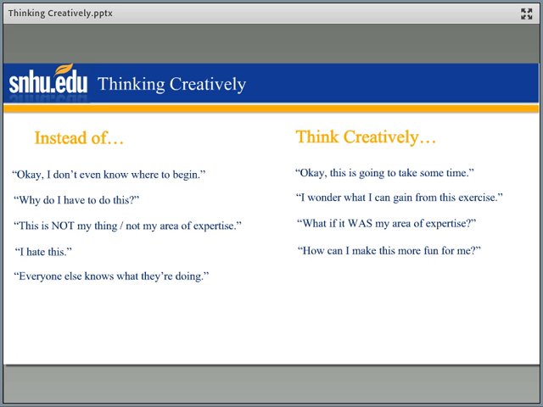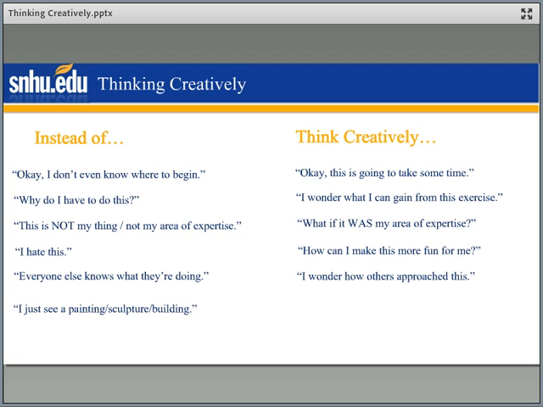Instead of thinking, okay, everybody else knows what they're doing and I don't because this isn't my thing, you can think, I wonder how others approach this. Chances are you are not the only one who feels like you don't know what you're doing. Chances are the majority of your classmates have those same feelings that you have in that first week, that they're not quite sure how to approach this new concept. And so it might be good to reflect for a moment on how others might have done it, how they might have overcome that first hurdle, even reaching out and asking your classmates or your instructors how they might approach these things and sharing those initial feelings of anxiety.